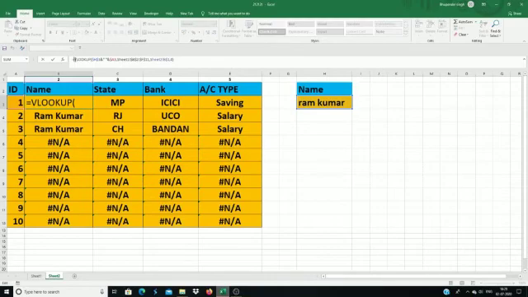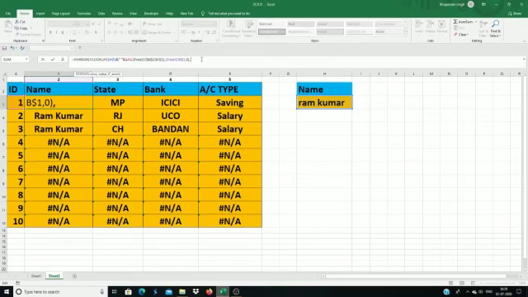So this time we are going to use IFERROR. Guys, IFERROR we use in Excel to handle the error. So IFERROR has two parameters: value, and the second parameter is value_if_error. That means if your formula works properly, whatever answer you will have, like we have Ram Kumar, that value will show under value, which is the first parameter of IFERROR.